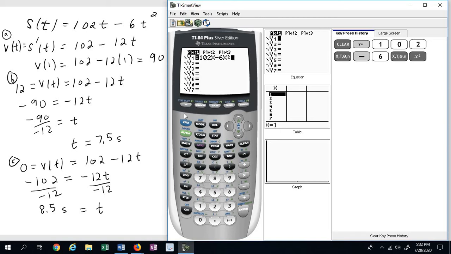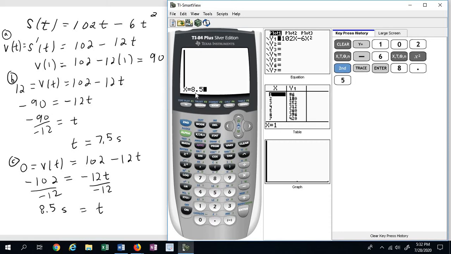And then after you enter that into your y equals button, you want to go to this calculate button, which is a second feature button. So you press the second button and then calc. And then it gives you this menu here, and you want to select value, press enter. And then it's going to prompt you for the x value, and we want the x value to be 8.5. So if we put 8.5 into the function,